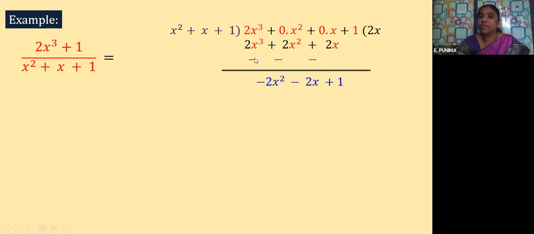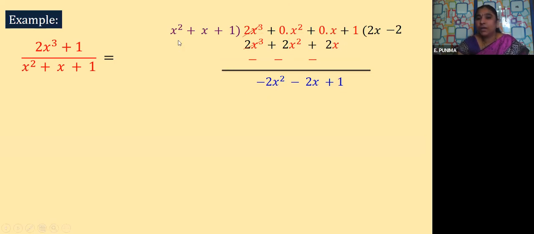Again here I am changing the signs, children, so that they can be cancelled. Which two terms are cancelled now? 2x cube and 2x cube are cancelled. So after cancellation, what is left here? 0 minus 2 is minus 2x square. Here 0 minus 2 is again minus 2x. Plus, one more constant is left that I am taking down, which is plus 1.